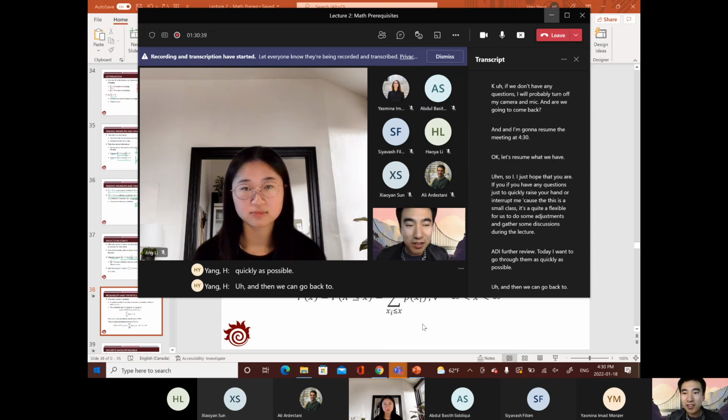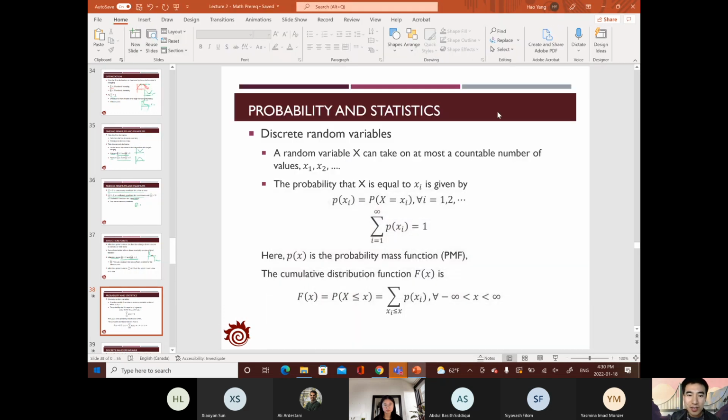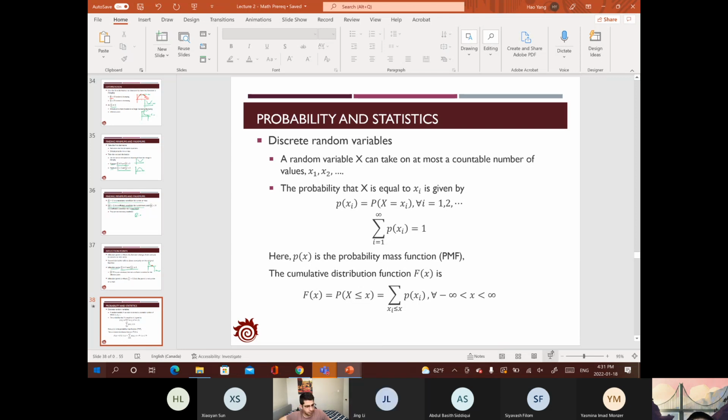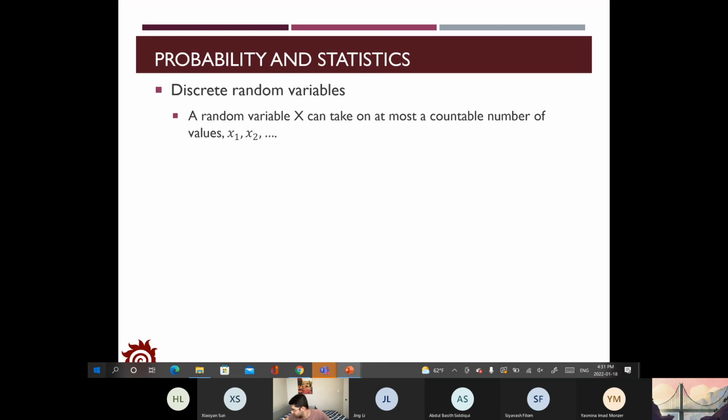So we have one last topic left, which is about probability and statistics, and this one is especially useful for us to work on the discrete choice model, which is for the multi-choice in transport planning. I will not go through those details. There will be a lot of details in these slides. I will not go through so many details in the class today, and hopefully you can read through them by yourself after class. So the first thing is about the definitions of the